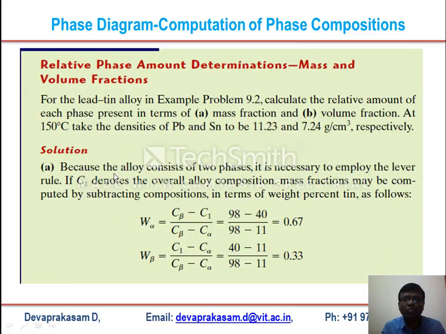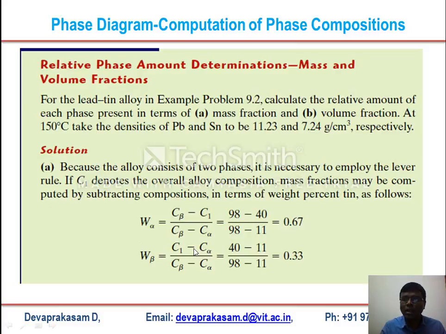Okay. So now if you do that, that is 98% minus 40%, over 98% minus 11%. So if you substitute, the mass fraction of the alpha phase is 0.67. And if you look at this, the mass fraction of the beta phase is